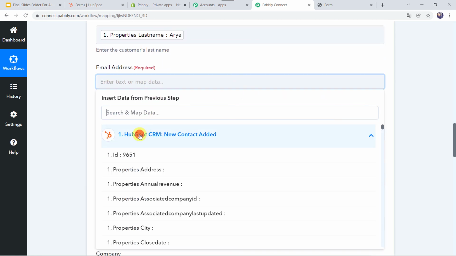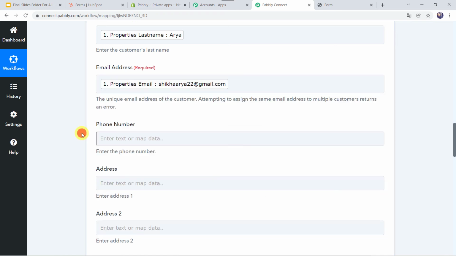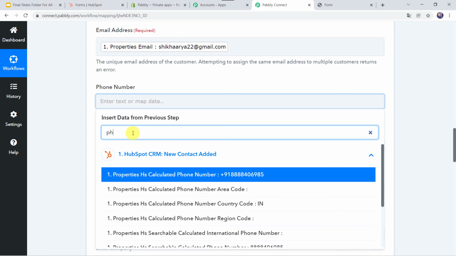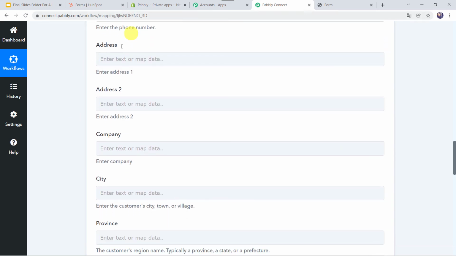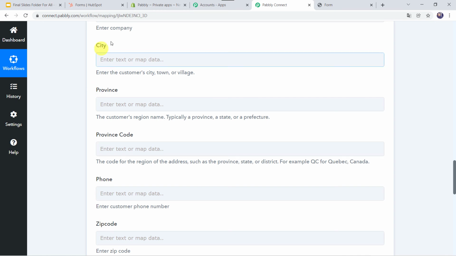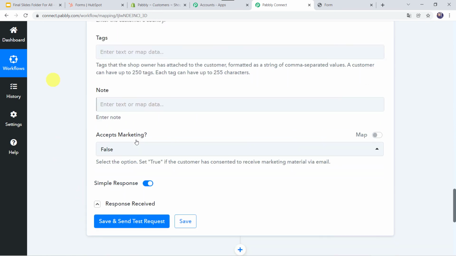Email address. Let us find the email address over here. This one. Let us map the phone number over here. So I'll just find the phone number and scroll down, and this is the phone number. Okay. We don't have the address details, company details, city. So if you have all these details, you can map it over here.